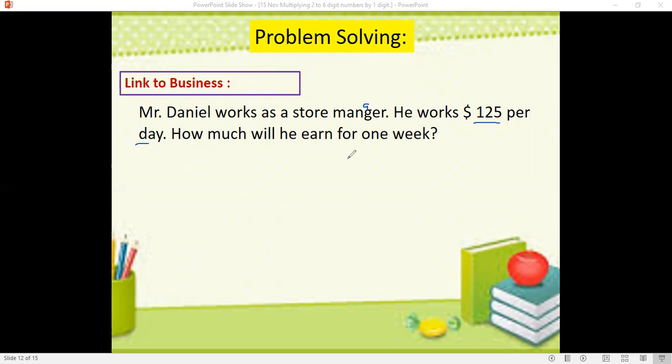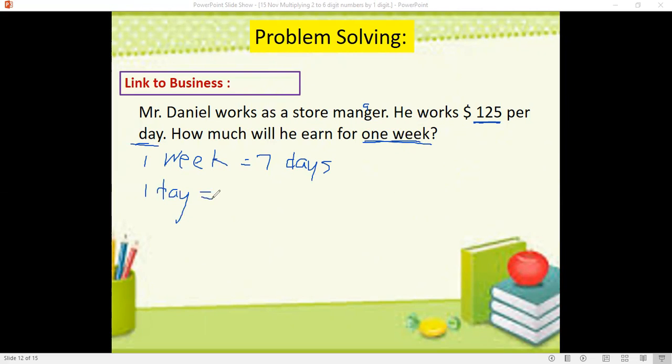So $125 a day. And how many days in a week? So 1 week is how many days? Make sure that you are going to write all your complete working when you are solving problems. When you are solving problems, you have to check all the given numbers. Okay? So 1 week, and it says there per day. Okay? So we have to make 1 week in 7 days. Because 1 week, how many days in a week? 7 days. For 1 day, he earns